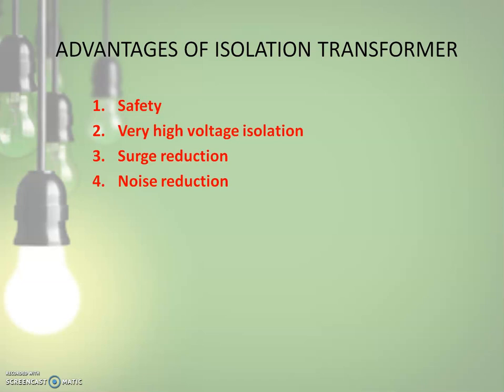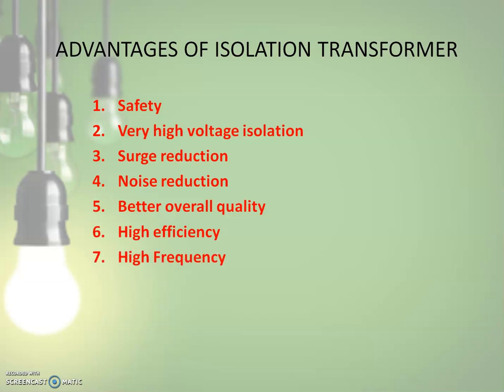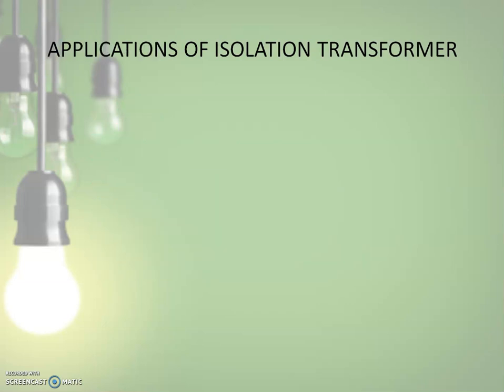When the isolation transformer is designed, it is very important to pay attention to winding capacitance values which create capacitive coupling, and this enables AC signal to pass from the primary to the secondary side, which significantly increases the noise level. For this purpose, the windings are surrounded by the metal strips which are grounded, creating a Faraday shield, reducing the noise. And this ensures a better overall power quality, and it also has higher efficiency and can be operated in high frequency ranges.